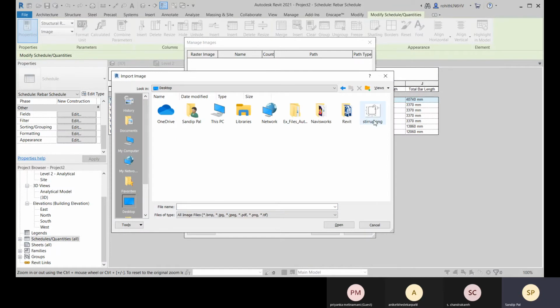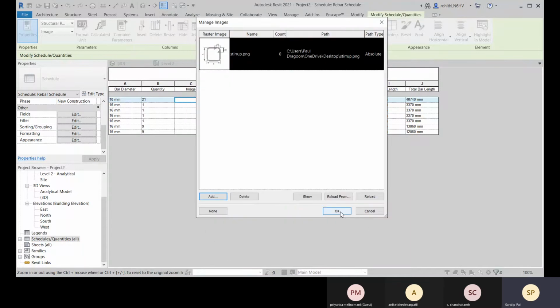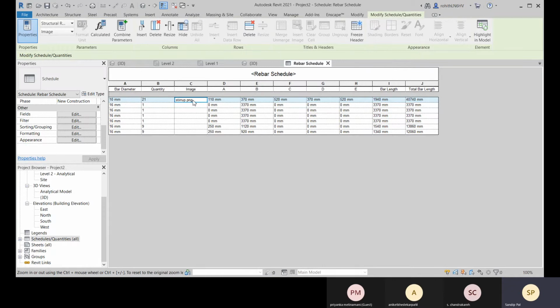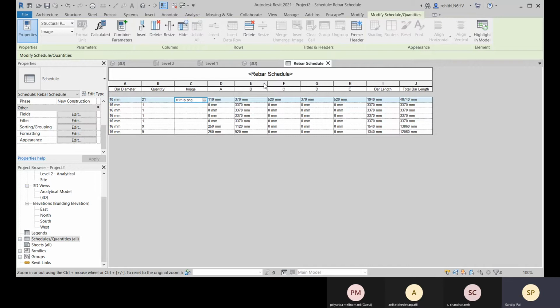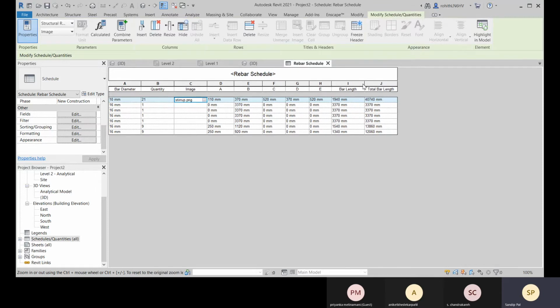So I'm going to select only one image here. Let's do that. Here you select this stirrup and click on OK, and you see that this stirrup.png image is added right now. And if you don't need to show this in your schedule,